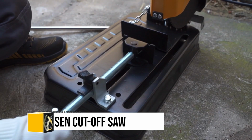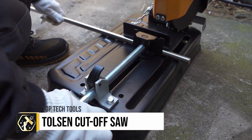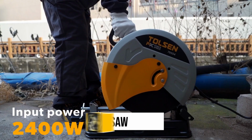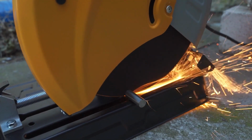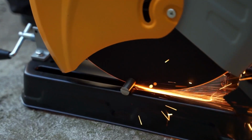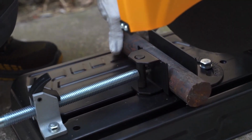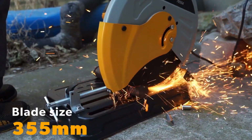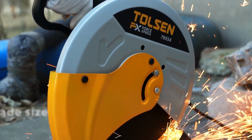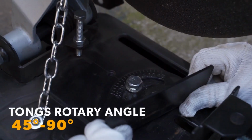The Tolson 79554 cutoff saw, with its 2400 watt power, is a formidable tool for metal cutting, offering a no-load speed of up to 4,000 RPM and cutting capacities of 110 millimeters diameter at 90 degree and 65 millimeters diameter at 45 degree. This robust saw includes a 355 millimeter blade, a wrench, and a cutting-off wheel, suitable for both DIY enthusiasts and professionals. Operating on 220 to 240 volts and 50-60 Hz frequency, it's a practical choice for various